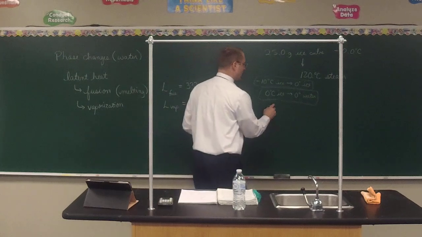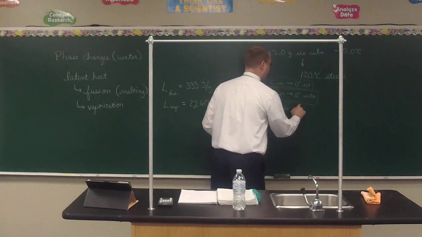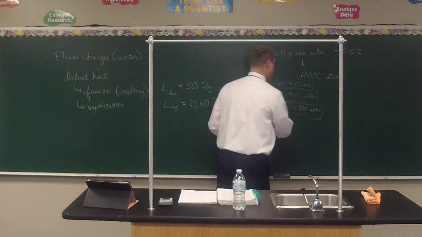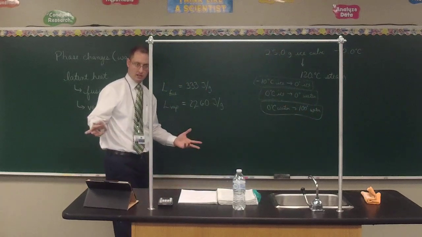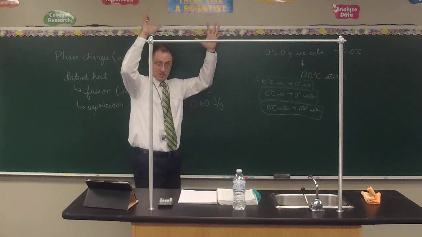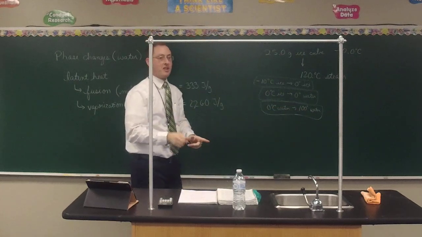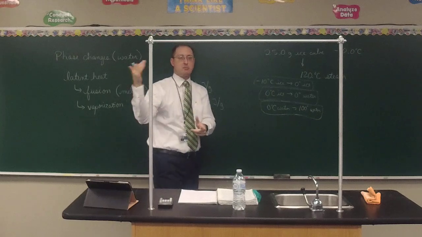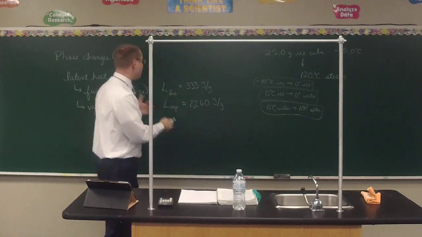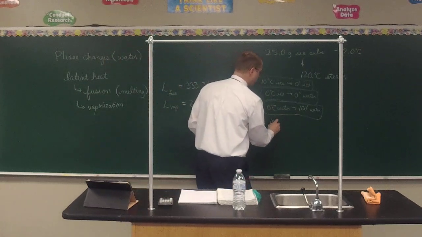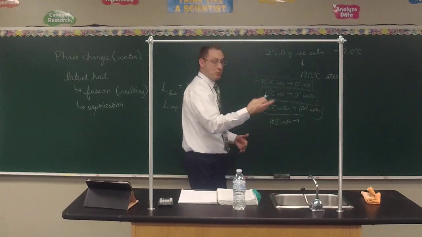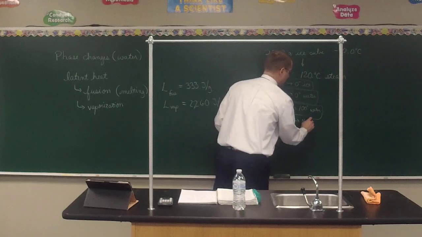100 degrees. So we need to take our 0 degrees Celsius water, and we have to raise the temperature to 100 degrees Celsius. But it's still going to be water at that temperature. Does that make sense? Because as soon as it hits the boiling point, it's not that, boom, it all vaporizes instantly, does it? You get it to the boiling point, and then gradually, as more thermal energy continues to be added, the temperature doesn't go up, but the energy level does. This latent heat is added, and we can take our 100 degrees Celsius water, and if we wait long enough, and we just keep adding more heat, we can get it up to 100 degrees Celsius